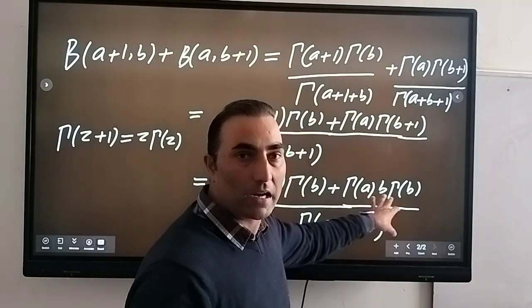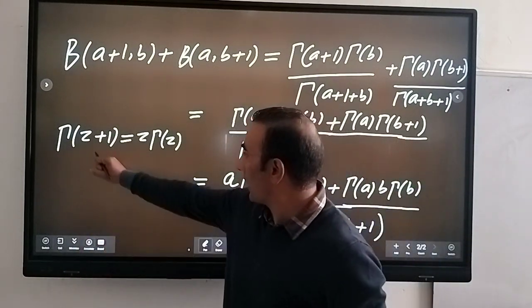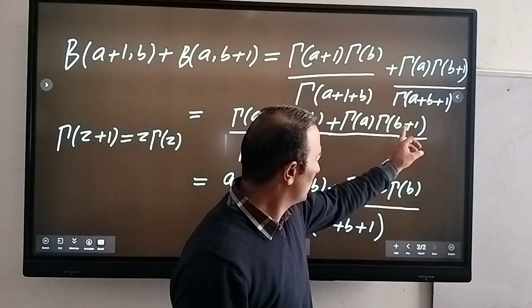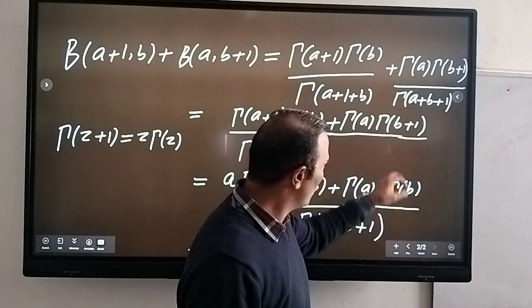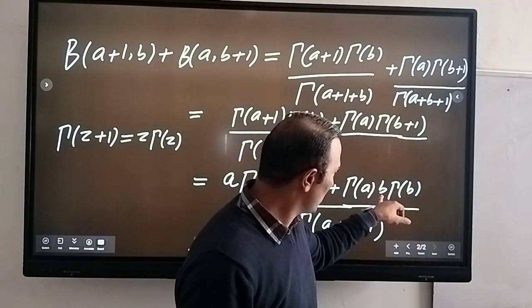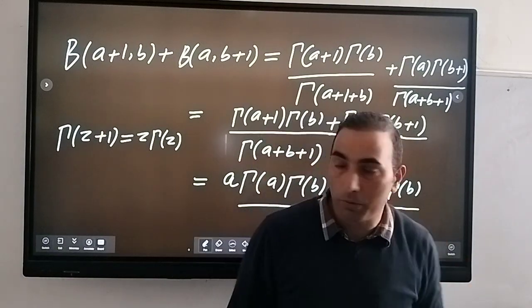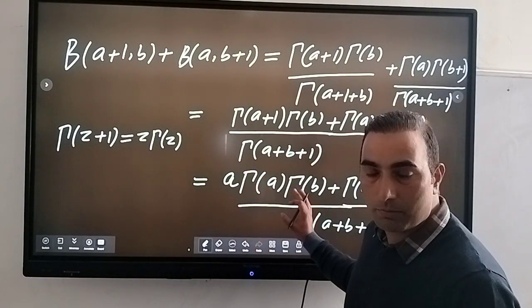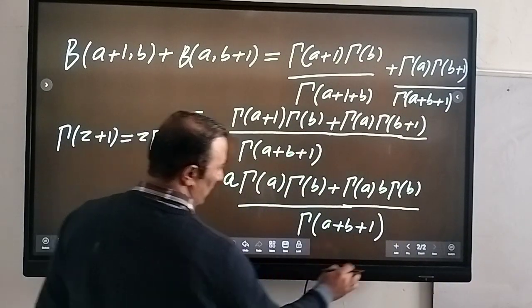Inside will be a plus b, because we have b here, because you can use this property again, that gamma of z plus 1 is z gamma z. So I can use this property on this gamma function, gamma b plus 1, so it will be b gamma b. So this is what I wrote here, b into gamma b, right? Now in the numerator, I can take gamma a gamma b common, so inside will be a plus b. So that means I can rewrite this as,